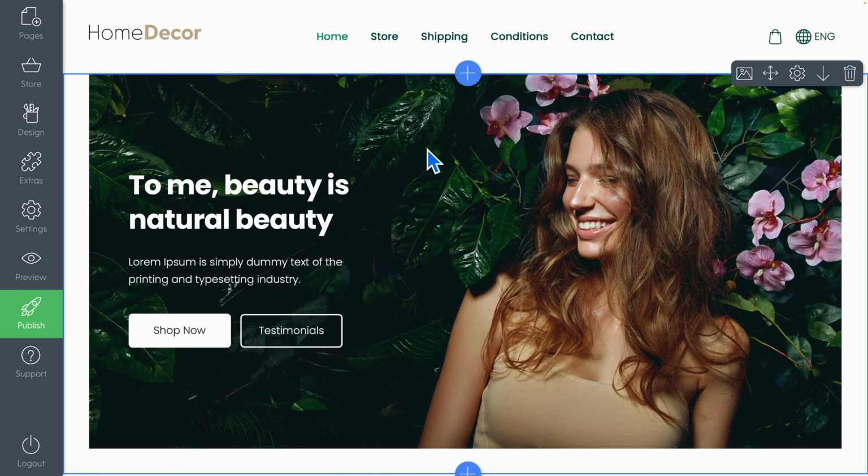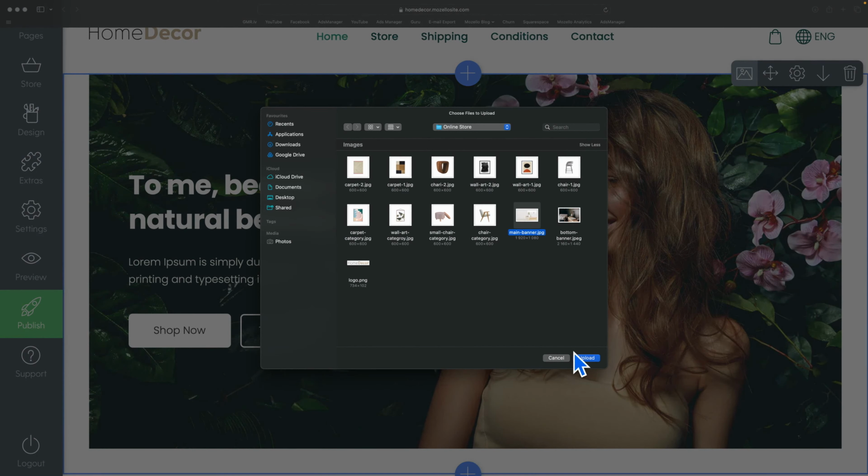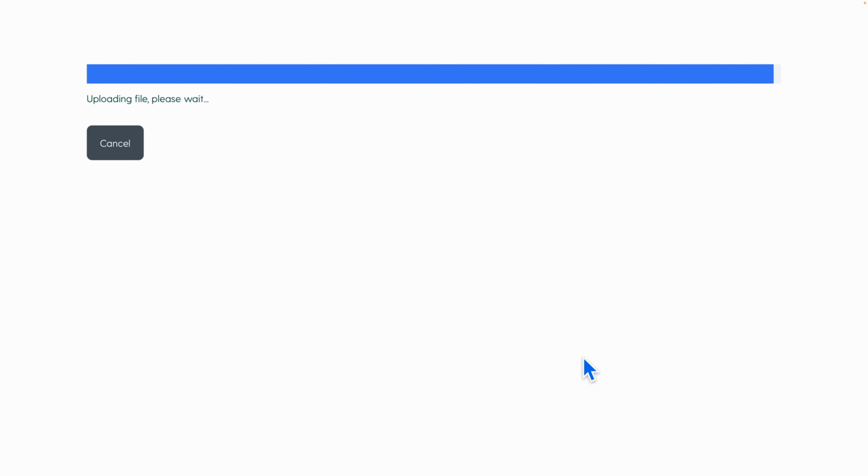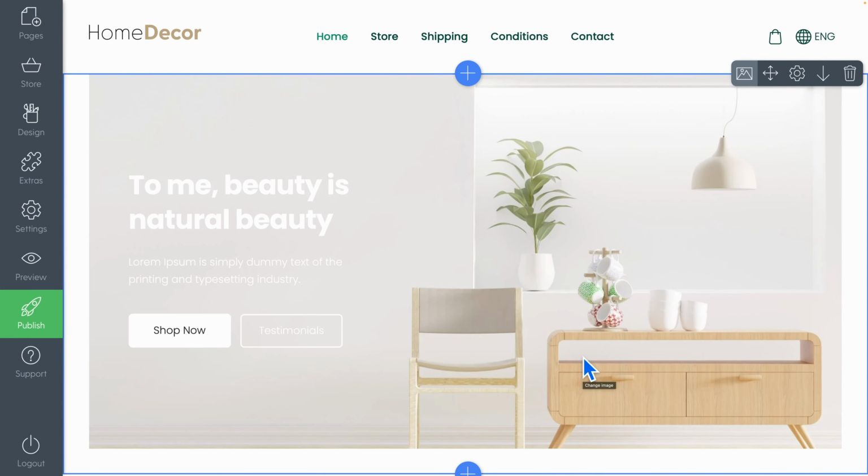So how can we do that and what can we do with it? First, we can change the main image by clicking on the image icon, selecting the image from your computer, and then we add the image. But we see there's a little bit of a problem because we have a light background and light text, and